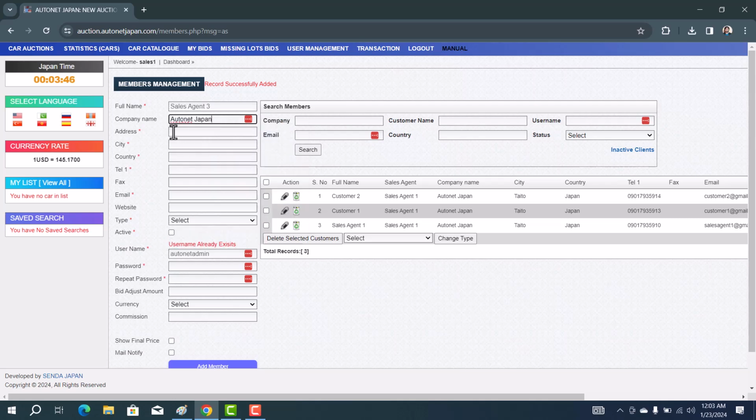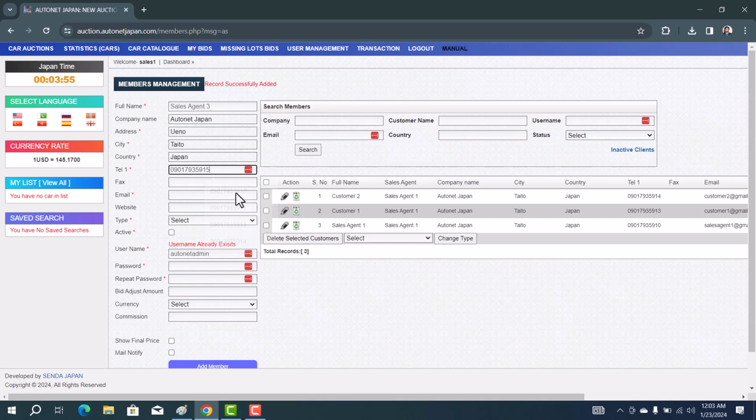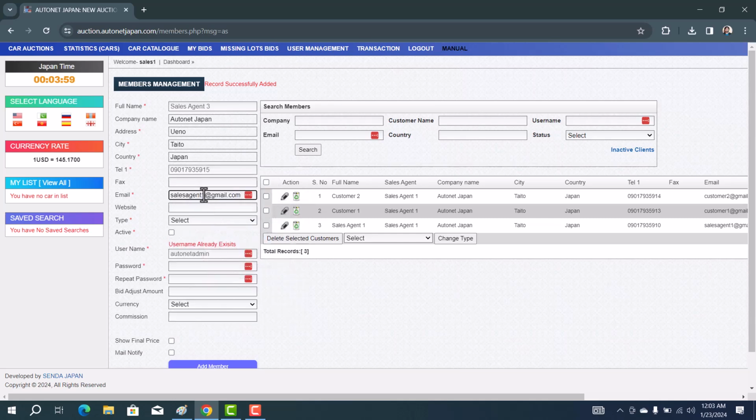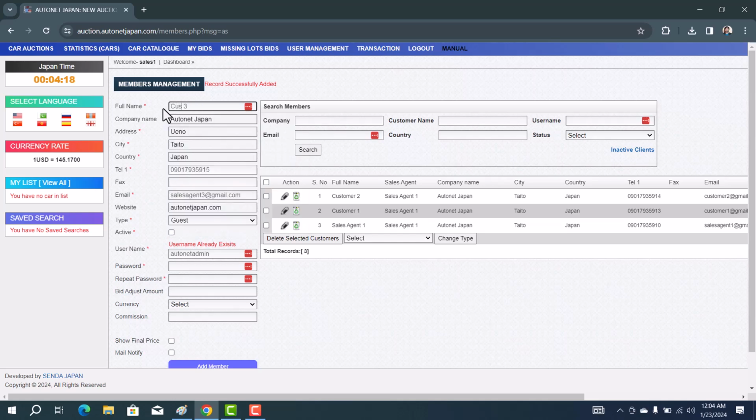Company name Autonet Japan, address is Ueno, city is Taito, Japan, email is sales agent 3, website, and here in type we have to select guest. Sorry, I made a mistake. This is not sales agent, this is customer